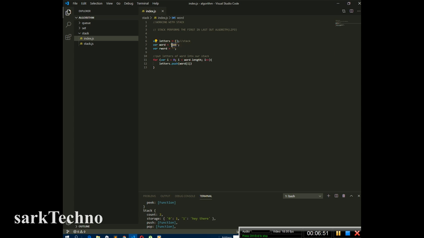I will index it individually: index 0 is B, index 1 is O, and index 2 is B. As for reverse word, that is what I'll be doing. And what are we expected to